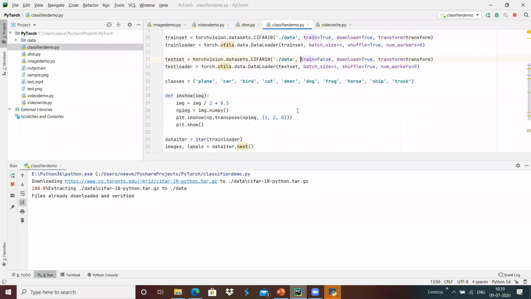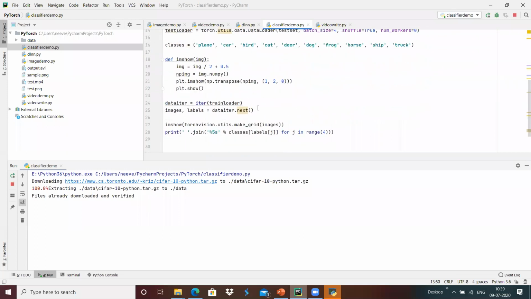We got it loaded with the train loader, and from that we are picking one batch of images and trying to show it over here.